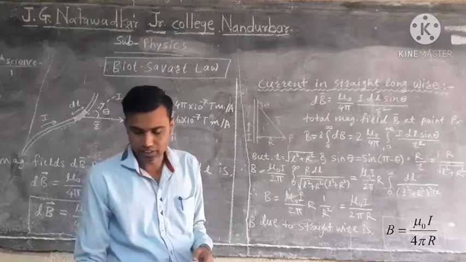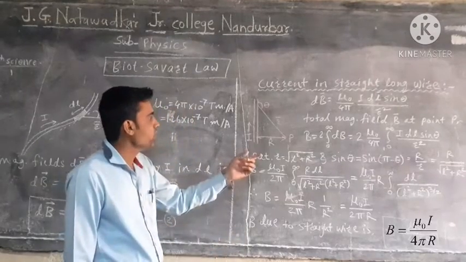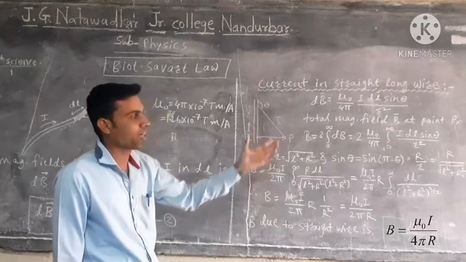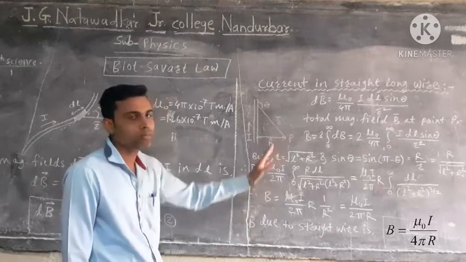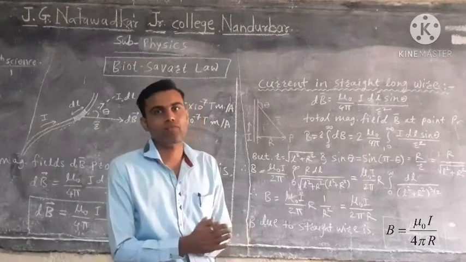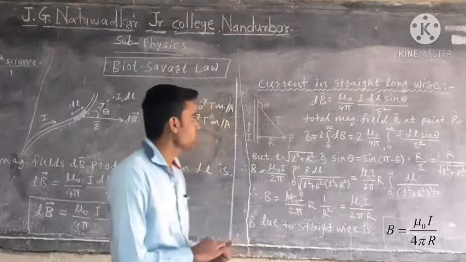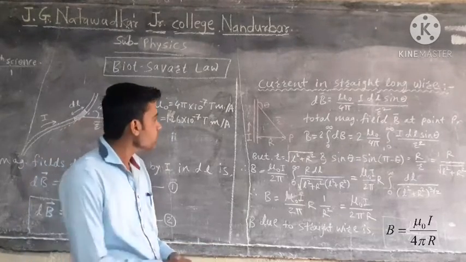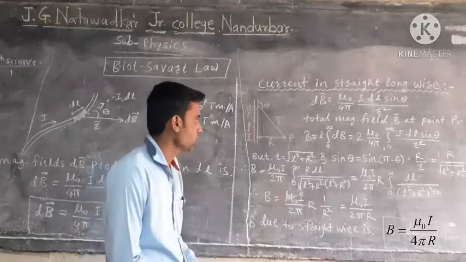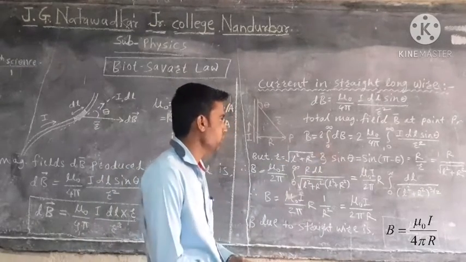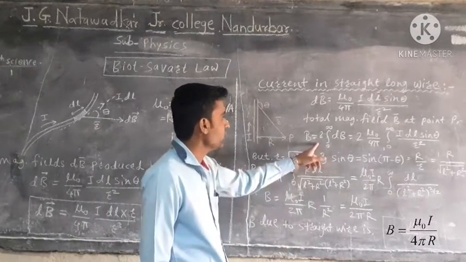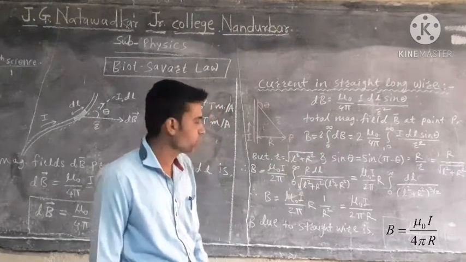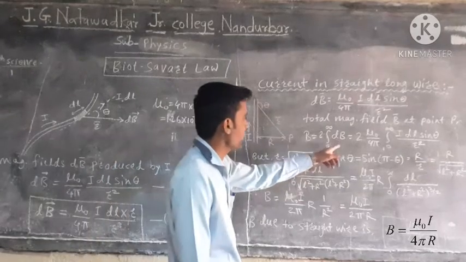But we are interested in calculation of the magnetic field at point P in whole. Okay, we have to calculate the total magnetic field. Total magnetic field will be B. So how is that total magnetic field to be calculated? For that, we have to consider a long wire having its infinitesimal lengths. Here in this equation, total magnetic field is given. This total magnetic field is twice the integration of the magnetic field. Okay, total magnetic field will be taken like this.